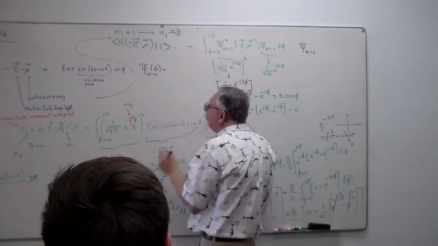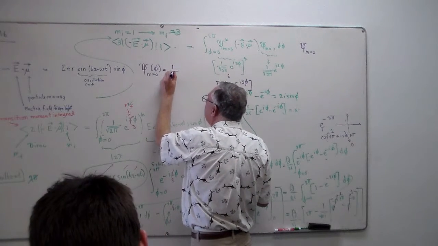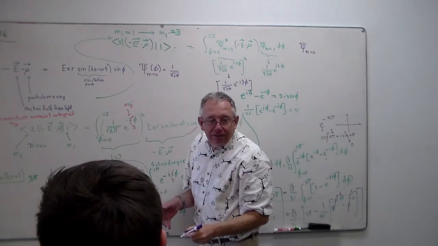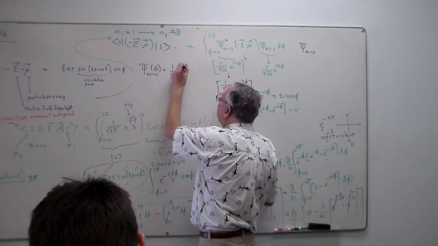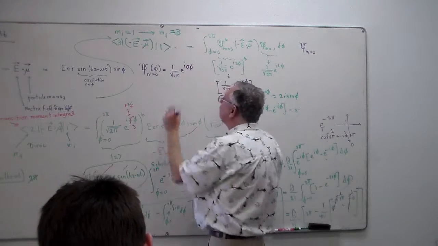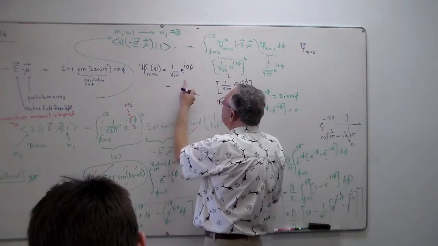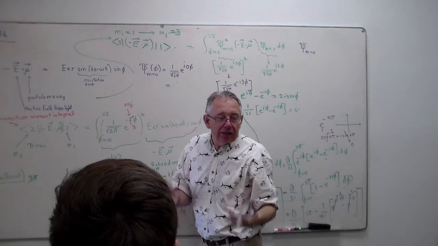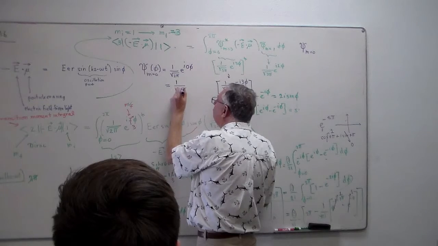No, but a good guess. Okay, let's do the form. It's 1 over the square root of 2 pi. And now what do I write? E to the what? E to the i 0. So it'll just be 1. No, e to the i 0 would be 1. Okay, so it's e to the i 0 phi. And what's e to the 0? 1. So this integral is 1 over 2 pi.